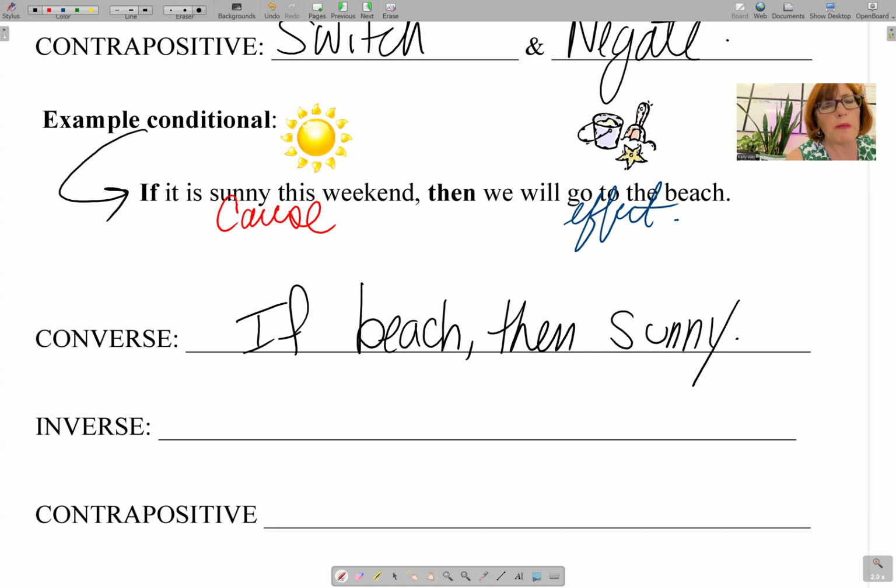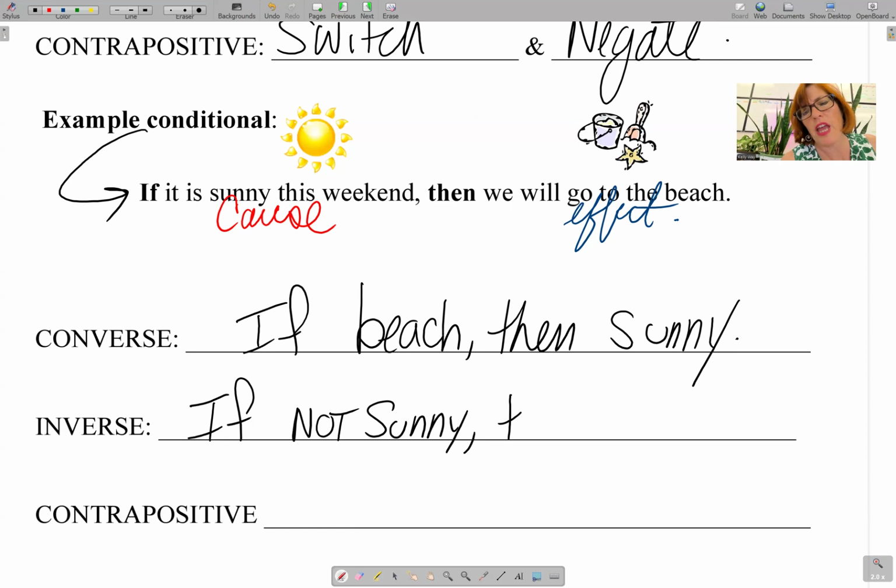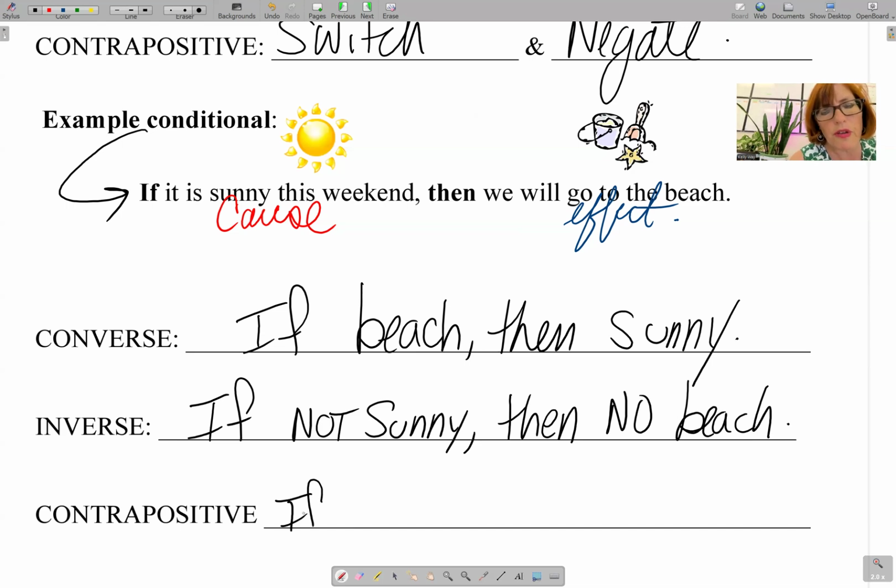Inverse, flip: if it is not sunny this weekend, then we don't go to the beach. Again, I'm botching the grammar because I'm trying to keep it simplistic so you can see it. Inverse, flip. Contrapositive, switch and flip: if no beach, then